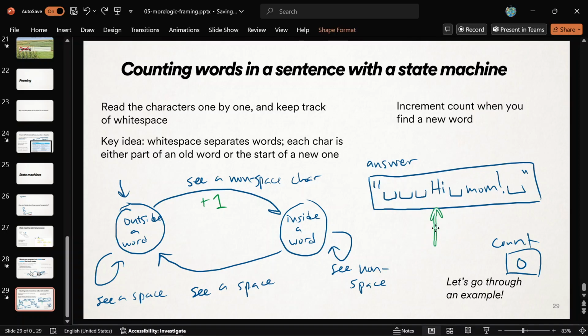Oh, we saw the H. Ooh, that was a non-space character. Now we're inside of a word, and also we want to add one to our count. See how that's going to keep track of which words we've seen? And we don't want to double count, so when you see the I, that's this transition. We're still inside of a word, but it's an old word we've already counted. Yeah, that's the goal. And then you see the space, and now you're in between words again,